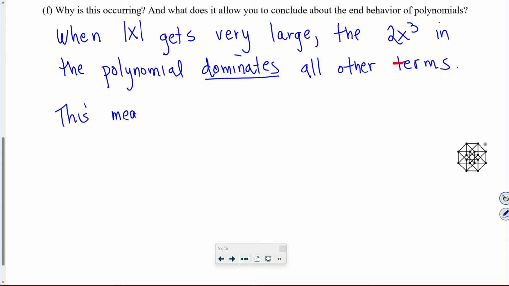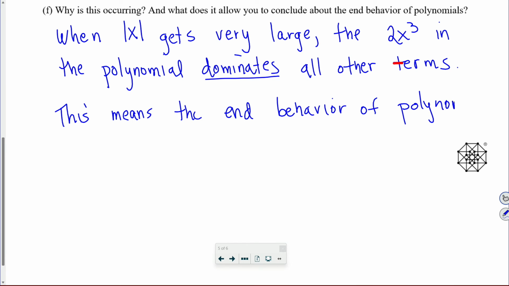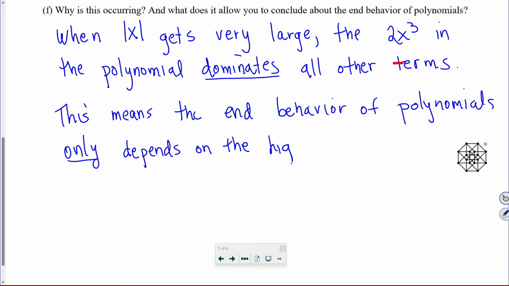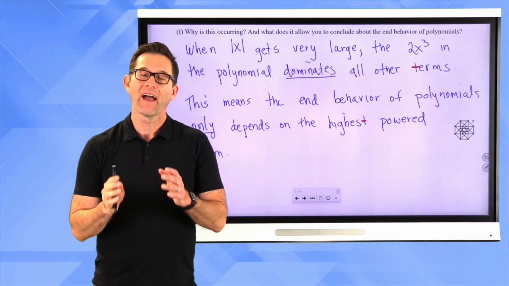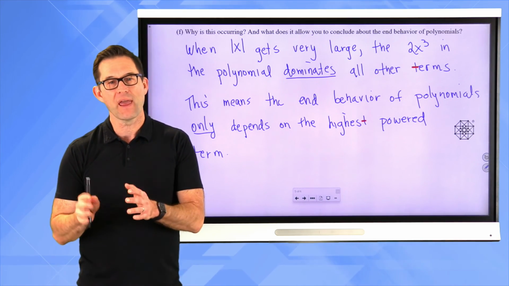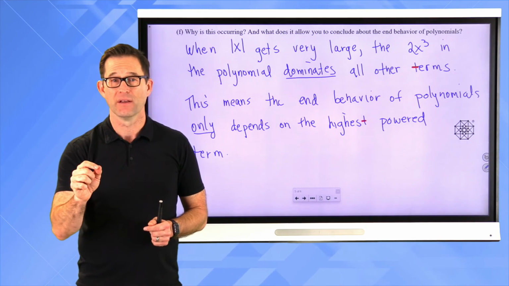This means the end behavior of polynomials only depends on the highest powered term. And that's great because I can easily say what the end behavior of any power function is,